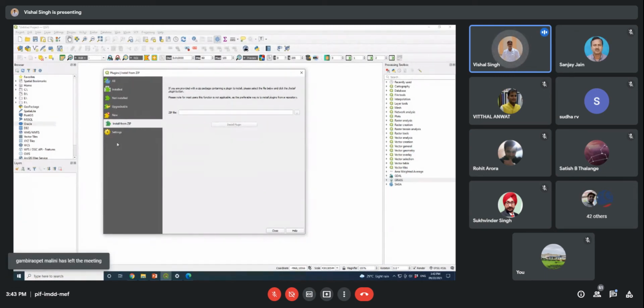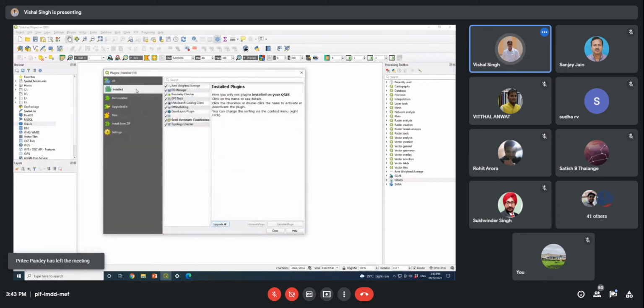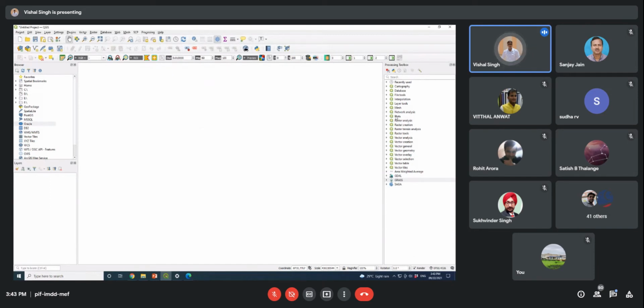And some setting options are there that you can use to add or delete a plugin. Suppose some function you are utilizing is based on a tool that is not enabled or not installed, or if it needs upgrading, all these things can be managed from here.